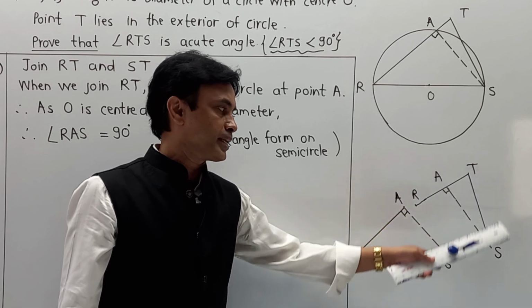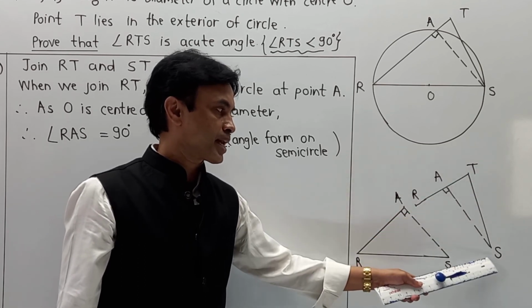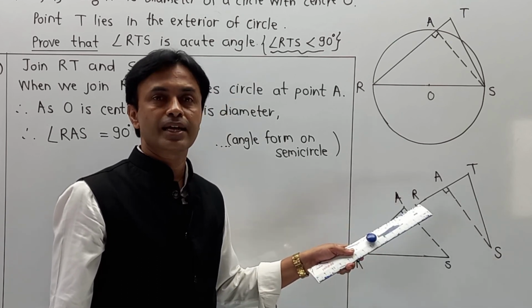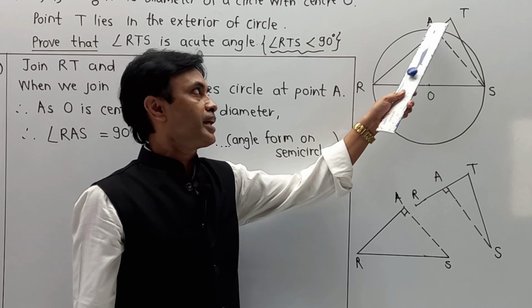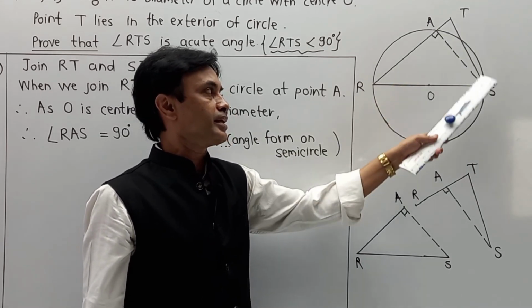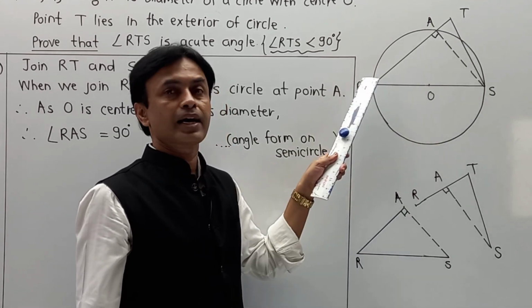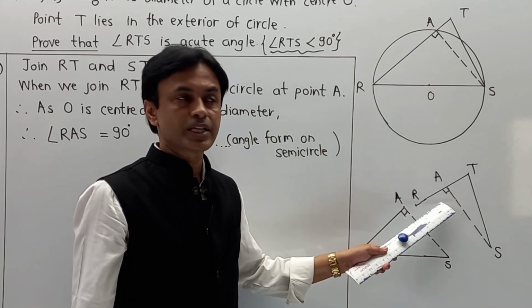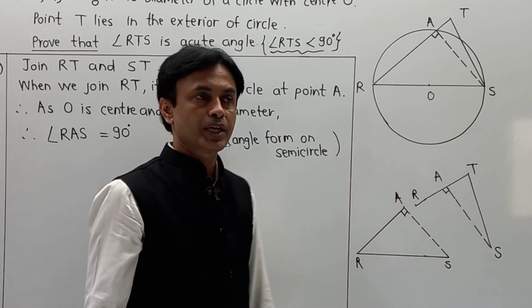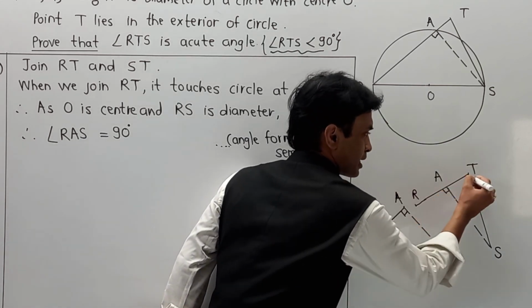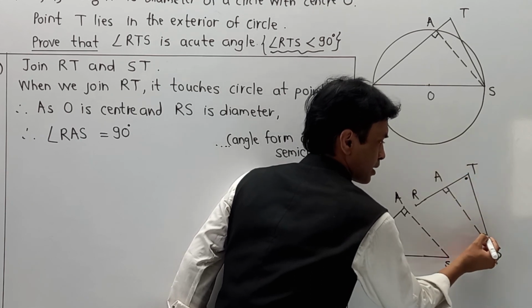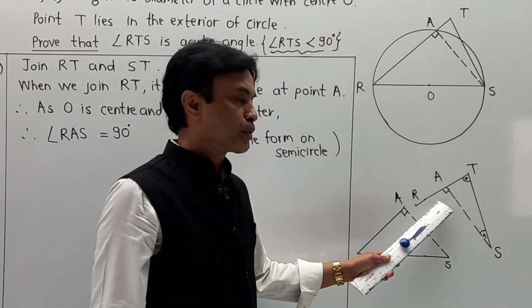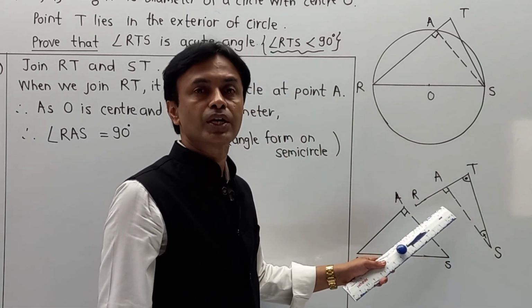For triangle ATS, angle SAR is exterior angle. Here you can observe it. In triangle ATS, angle SAR is exterior angle. And we know that the value of an exterior angle is equal to the sum of two remote interior angles. Means this angle A is equal to first angle plus second angle, means angle T plus angle S. Now I am going to use the property of exterior angle over here in number 2.